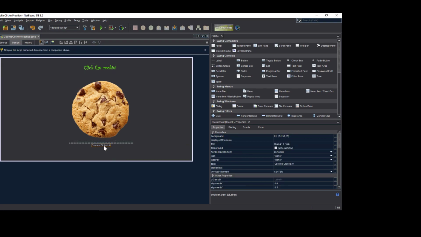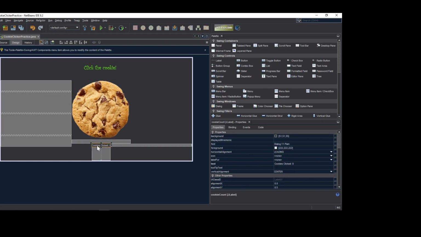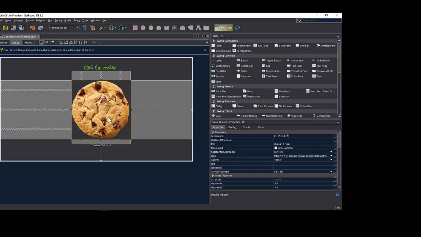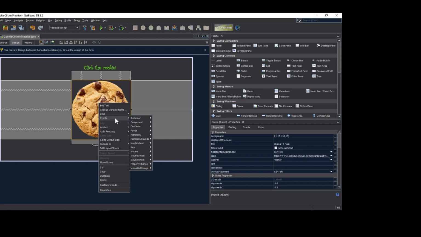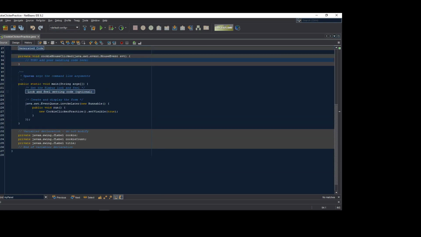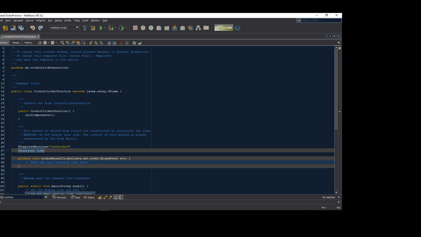And what I want to have happen is for this to be updated whenever this cookie is clicked on. Under events, we're going to go to mouse clicked. Whenever the mouse is clicked on this, I want some event to occur. So I'm going to click on this, and back over here in my code, in my source,